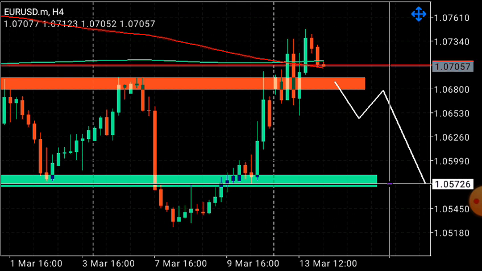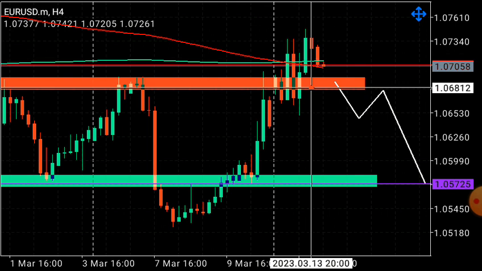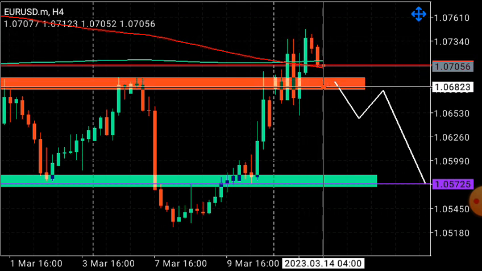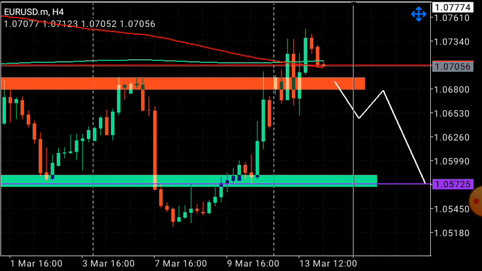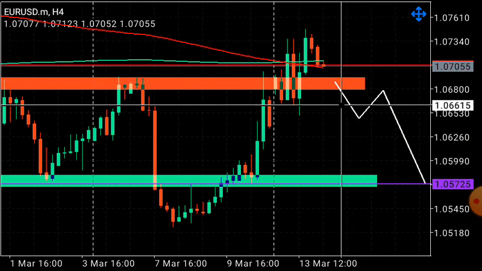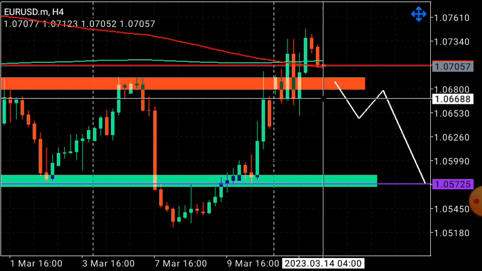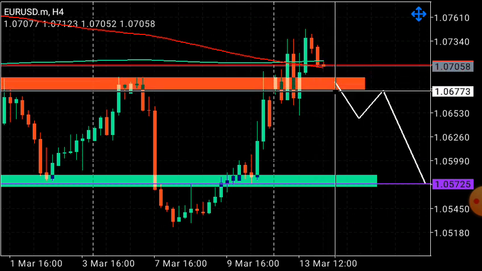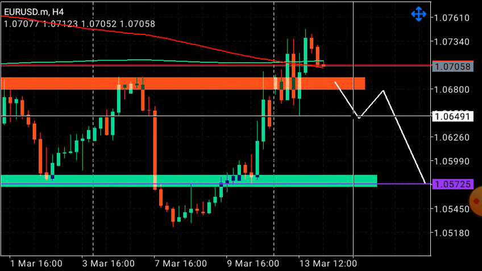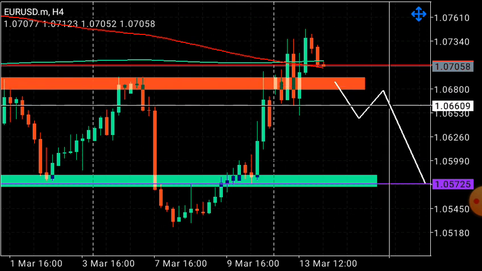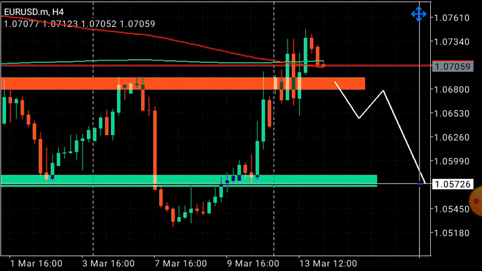And then for buyers, this could be a pullback because you have an impulse here. This could be a potential pullback. Buyers could come there and then you could take the market to the upside. But for sellers, we're looking for price, not currently, but for price to break out of this zone and then close below. And then from here, we're looking for a minor impulse and a pullback to test the previous breakout. Then from there, we're taking short positions to the downside. I hope we are together, guys.